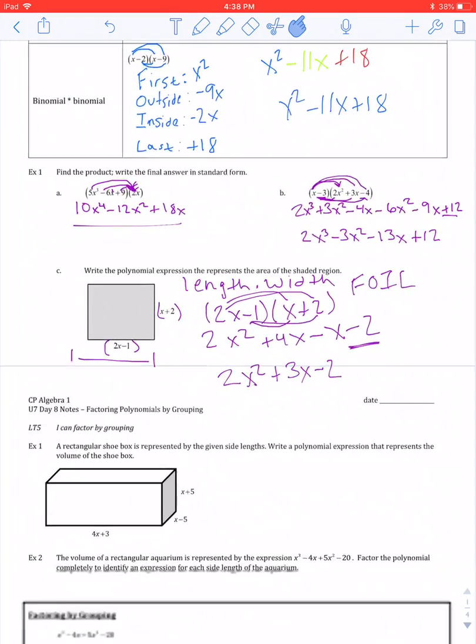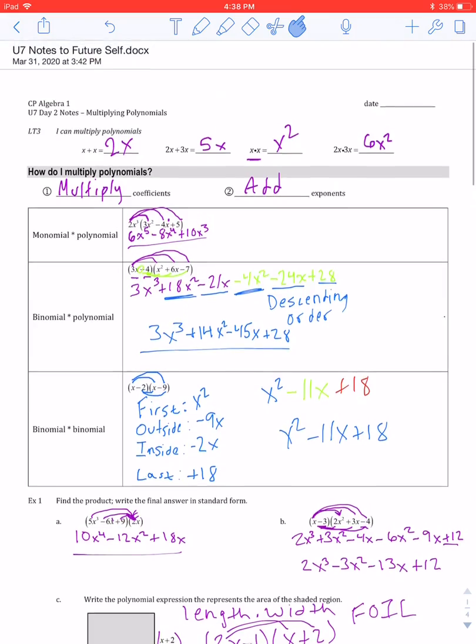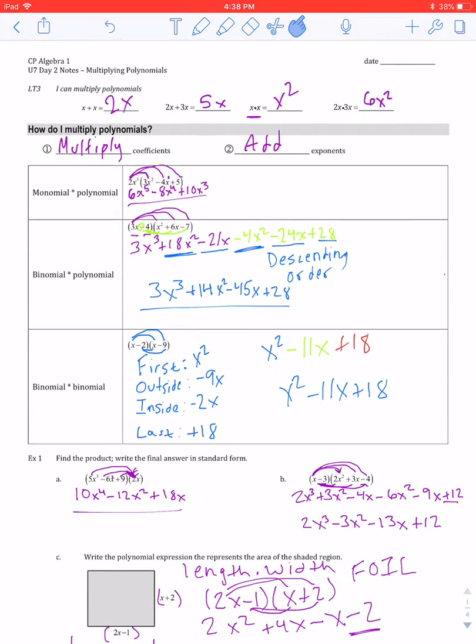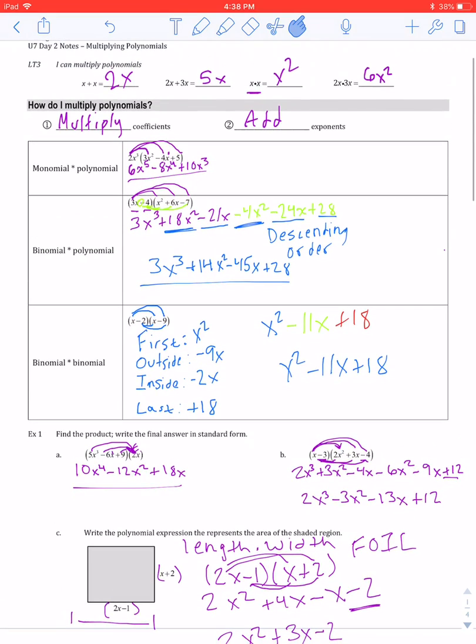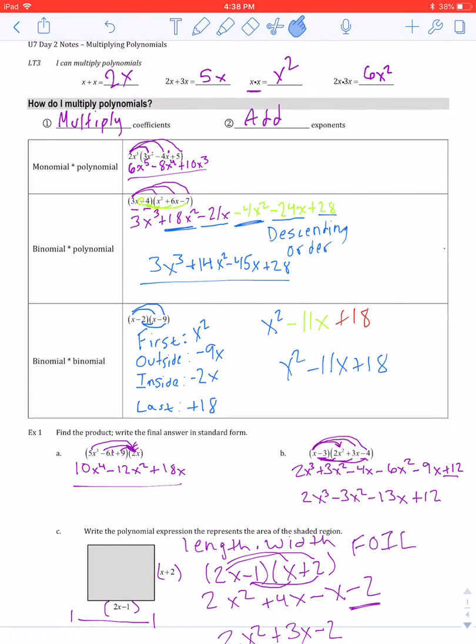Okay, so now you guys have all the notes you need in order to multiply polynomials together. Because this lesson was relatively short compared to other notes that you guys have been doing, we're going to have you do the practice with this day 2 notes as well today. Okay, so you're not going to do the practice tomorrow. You're going to finish the practice for it today, have that done by tomorrow, or whenever it is assigned,